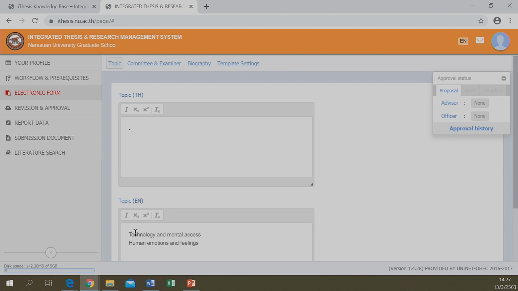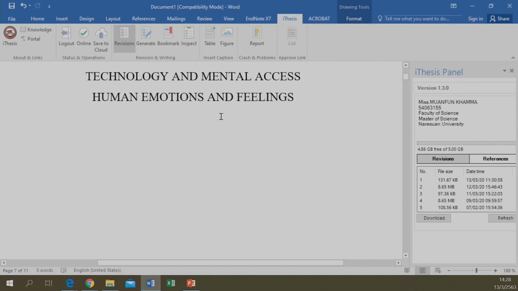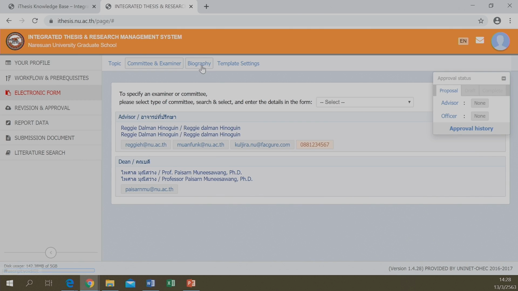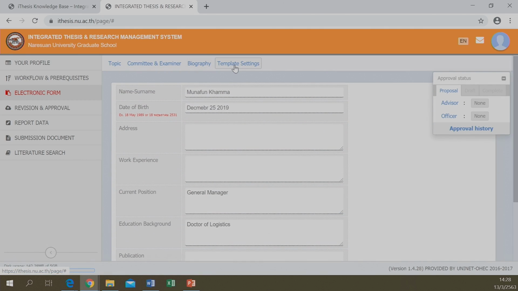This is where you will change or edit something about your title, not in the add-in. Okay? If you are going to change anything here in the website, topic, committee, your biography, or template,